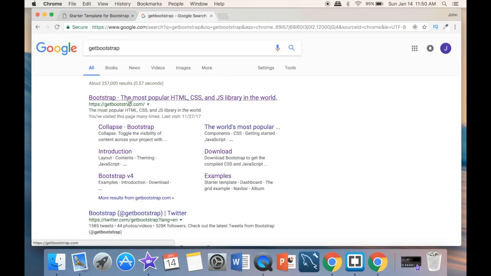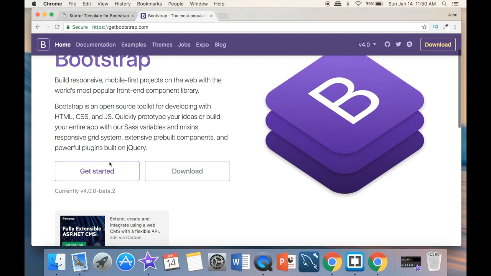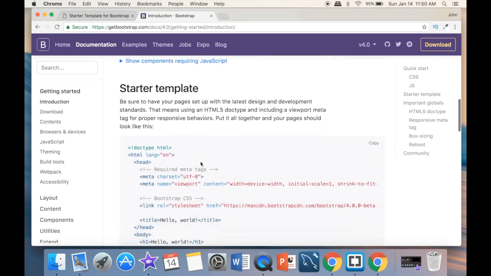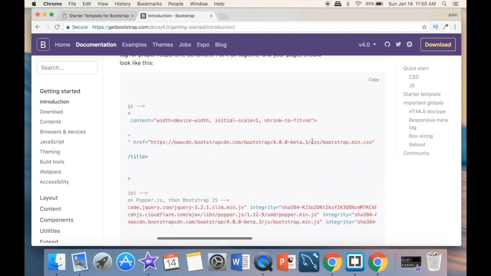And this is what we're going to have, right? The Bootstrap, the most popular HTML and CSS. And if we go under get started over here like this, this is what you're going to have. You're going to have a starter template file, right? And if you look at it, this is exactly the same as if you would be working over here,